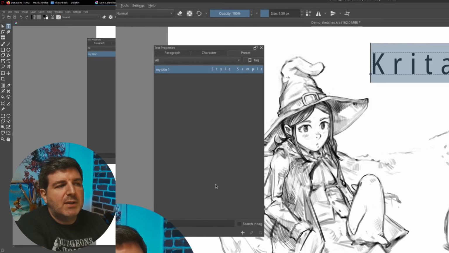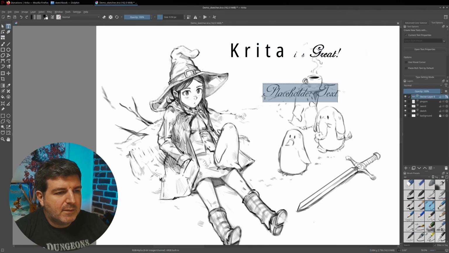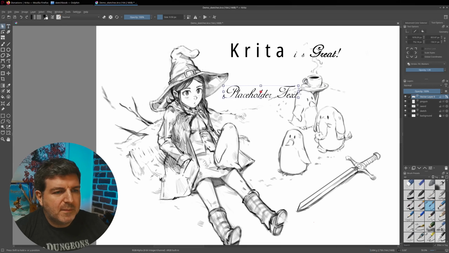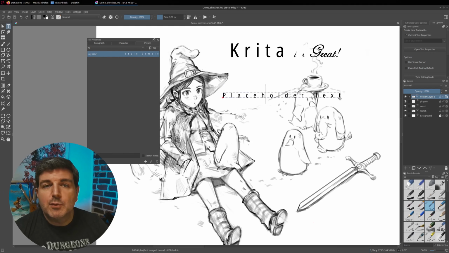And now when I go to preset and click this to any text box, let's create another one. For example, this, I will keep the placeholder text. I'm taking the text option here. You see that when I select the text tool, the text property automatically appears. It's great in terms of ergonomics. And then I can click here on my title and it switches to the title and the font I decided